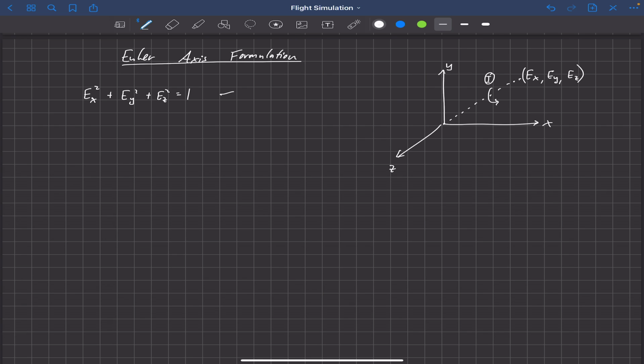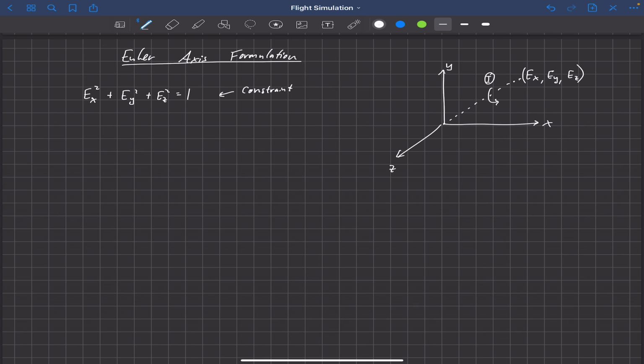This is just one redundancy equation, or one equation that gives us enough constraints to cut this down to a single solution. Otherwise you could multiply this Euler axis by any constant and it would make the axis longer, but you would still get the exact same orientation. So this is a constraint that we place on this in order to give us a single solution and bring us back to only 3 degrees of freedom to define our orientation using an Euler axis formulation.